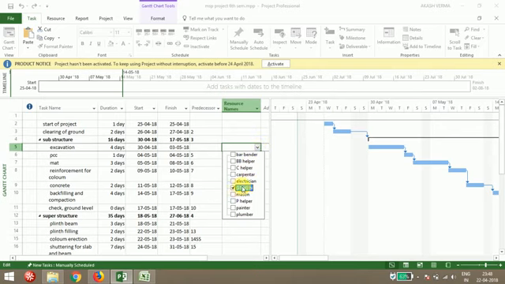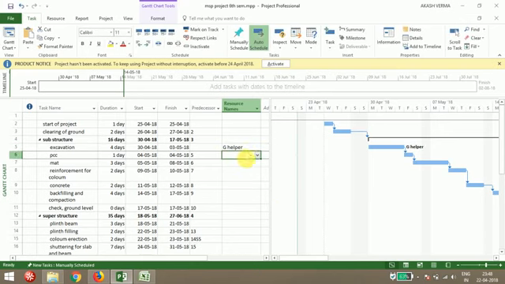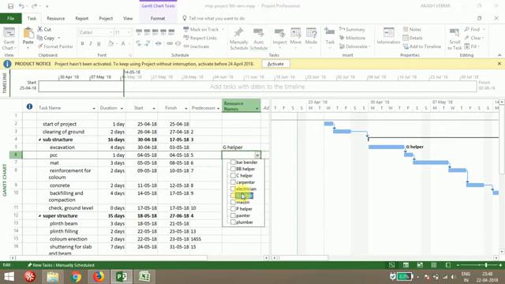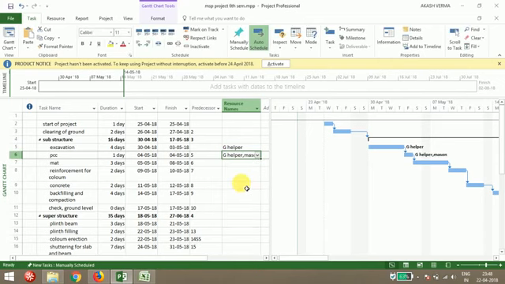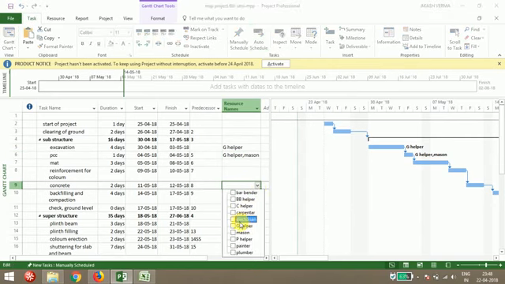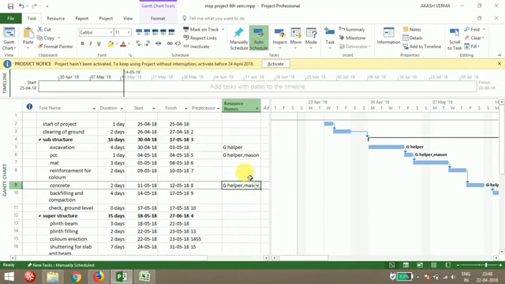For the PCC work, I need a general helper and machines. In concrete, you need a general helper and mason.